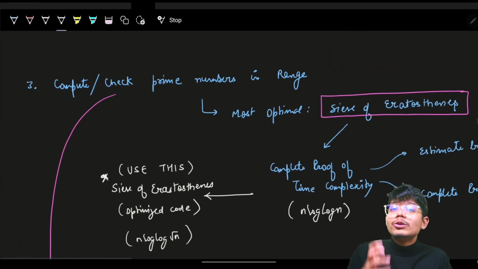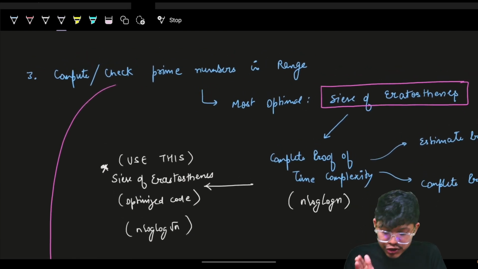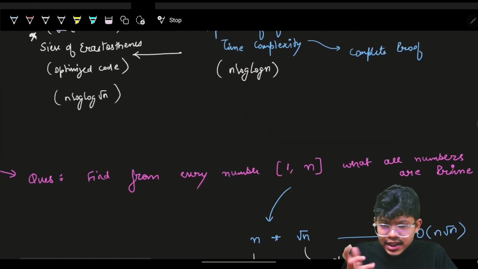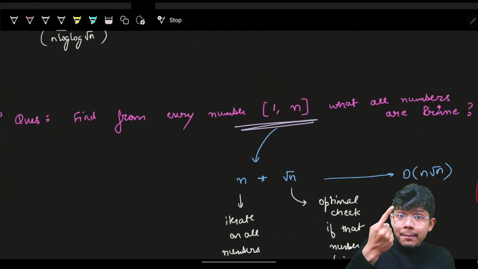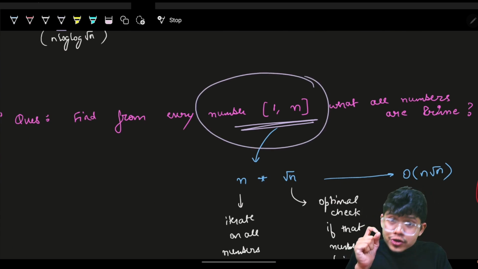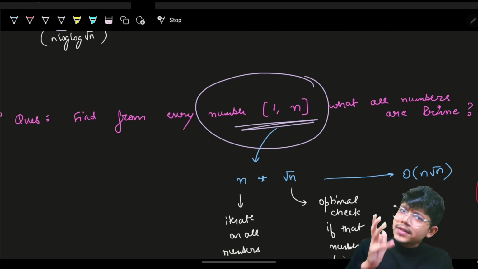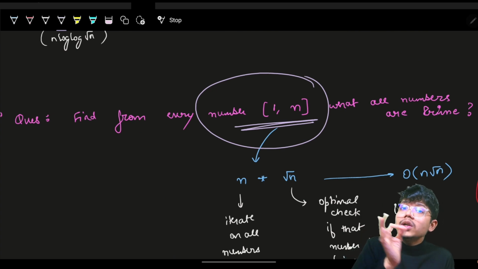Now comes the most interesting part, which is part 3 of the video, in which you have to check the prime numbers in a range. Right now you just checked for one number n if that is prime or not. Now I am asking you, in the range of numbers from 1 to n, give me all the prime numbers. Range can be anything, but I'm asking you in the range from 1 to n,